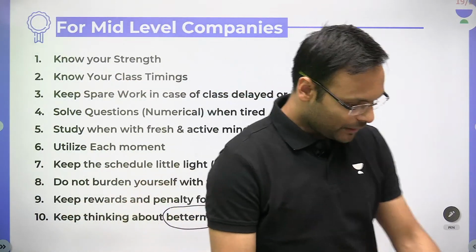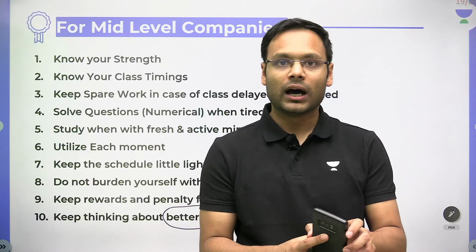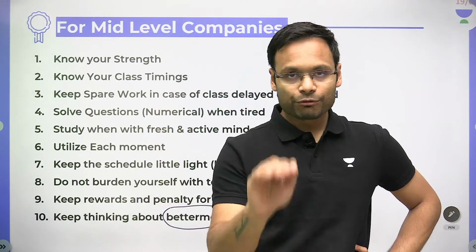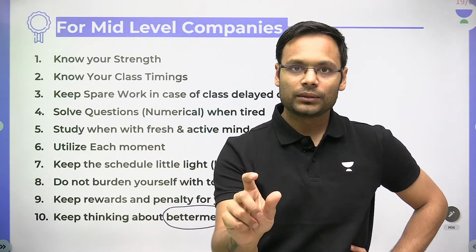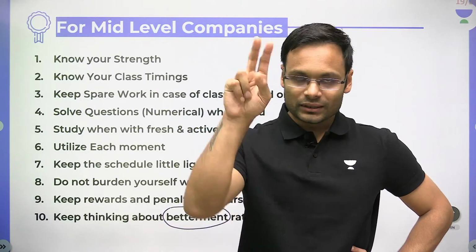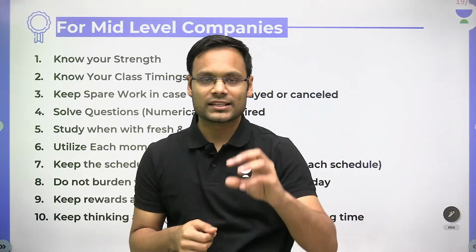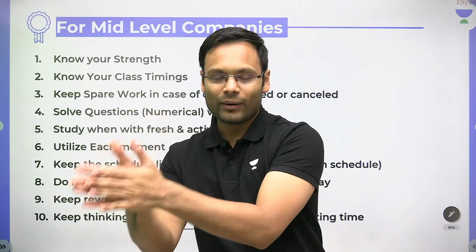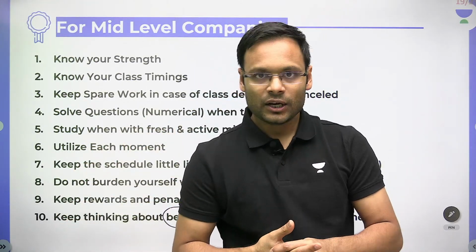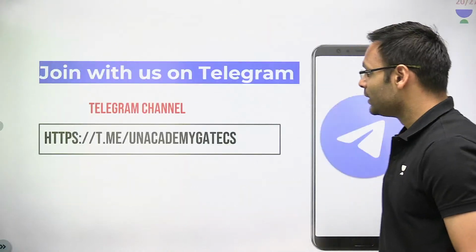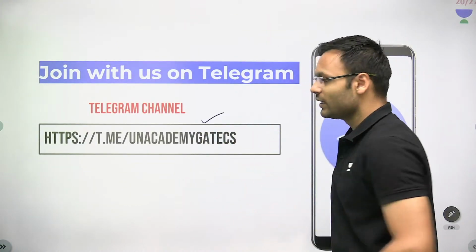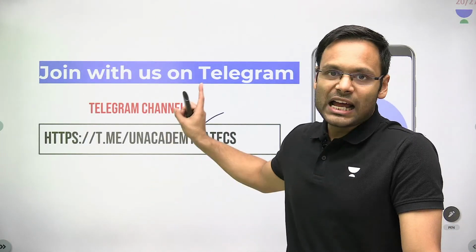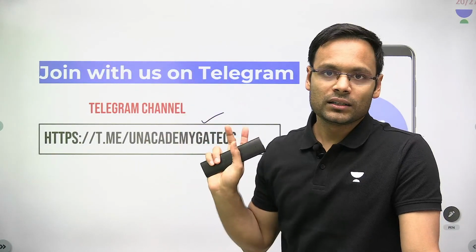How do you get that particular link? First of all, you will have to download the Unacademy Learner app. If you haven't downloaded it, download it first. Second thing, create your account on the GATE and EAC category. On the Learner app, you will get lots of different targets. Select your target as GATE and EAC, and create your account using your mobile number and your email address. Once you create your account, then on this Telegram channel, within 5 minutes, I am going to drop a link. That particular link you click and you can join the room.